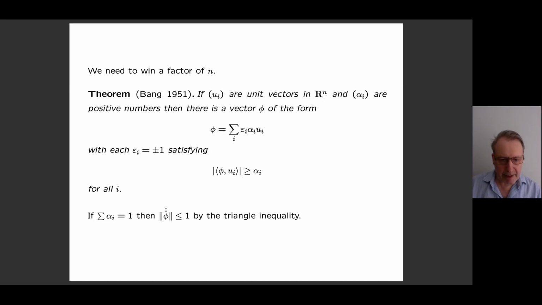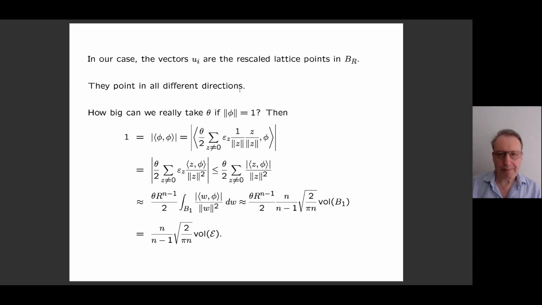So it may very well be that we can get a better estimate for the length of this thing using the fact that these are indeed the rescaled lattice points and therefore not at all in the same direction. Okay, so how does that work? Well, we're going to choose theta so that this phi will have length 1. So let's actually write down length of phi is 1. That's what this says. And now let's replace one of these